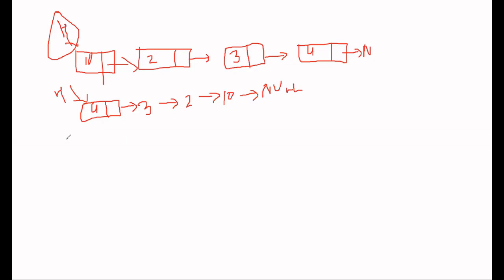So there are two possible ways of reversing a linked list. First, we create another linked list. Suppose a linked list is provided to us; we create another linked list and create a node, and we simply add our node to it.